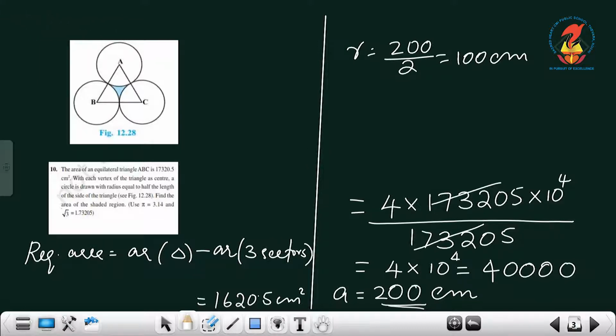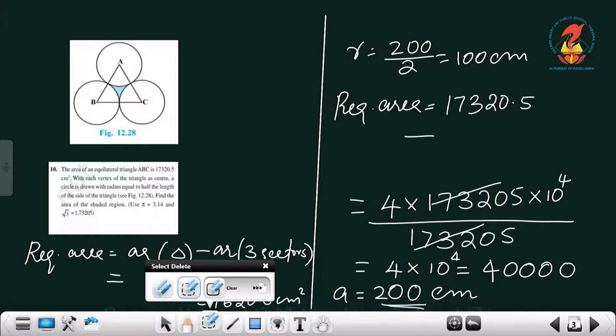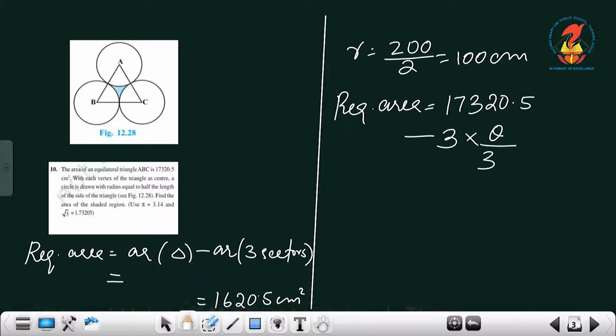So, how can you find this? Area of the triangle minus area of 3 sectors. Area of the triangle is given. So, required area is equal to 17320.5 minus 3 into theta by 360 into pi r square. It is an equilateral triangle, so theta is always equal to 60 degree. So, which is equal to